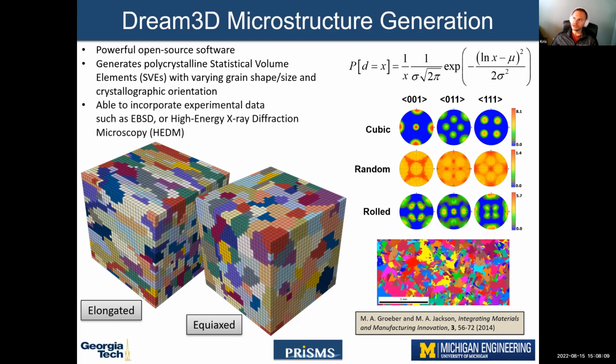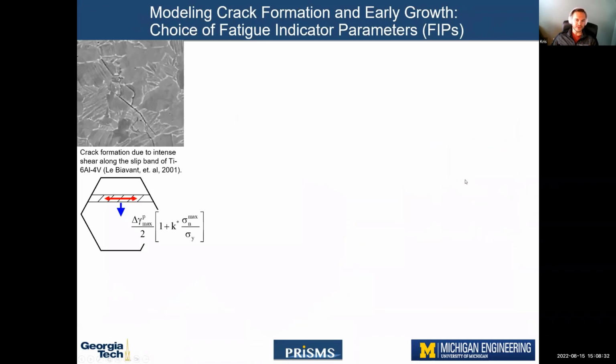But what's nice about Dream3D is that you could also incorporate experimental data. And I believe Reza plans to go through this tomorrow with the users. So you can read in a raw EBSD scan and then assign the texture from that scan to your specimens. So we generate our microstructures, we perform our simulations, and then afterwards we can compute what are called FIPS, or